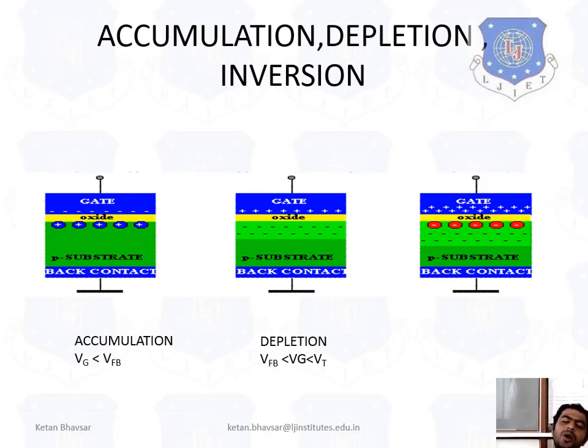If you increase your voltage greater than the threshold voltage, now the channel will be formed. Because the channel is formed, you can see the majority charge carriers are attracted near the gate terminal, and the holes are repelled back, and here one region is created. That's why it's called an inversion layer, and here you can see the depletion region is created.